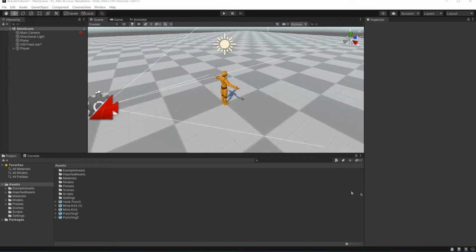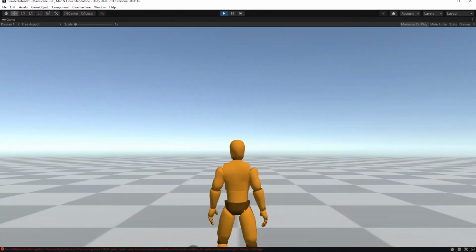The change will break the input we did in the previous episode. So if I try to launch the game, the camera will not move and the character will not move either.